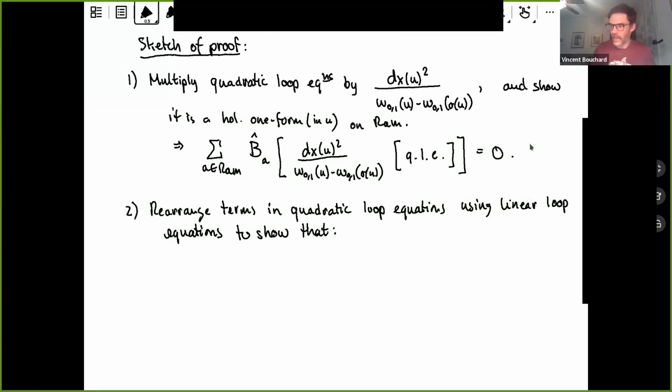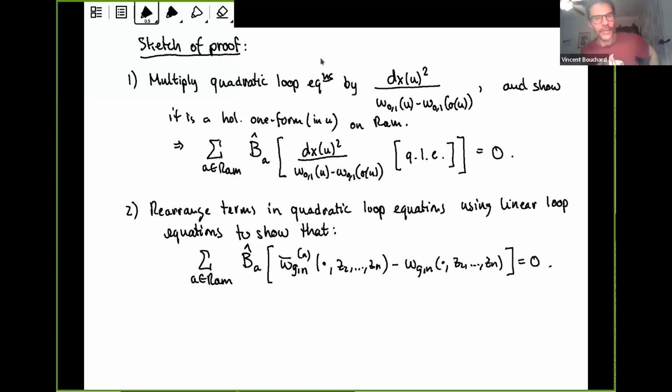So you rearrange the term in the quadratic equations to show that you can maybe we will have to take a break. I'm not sure what's going on. Is that